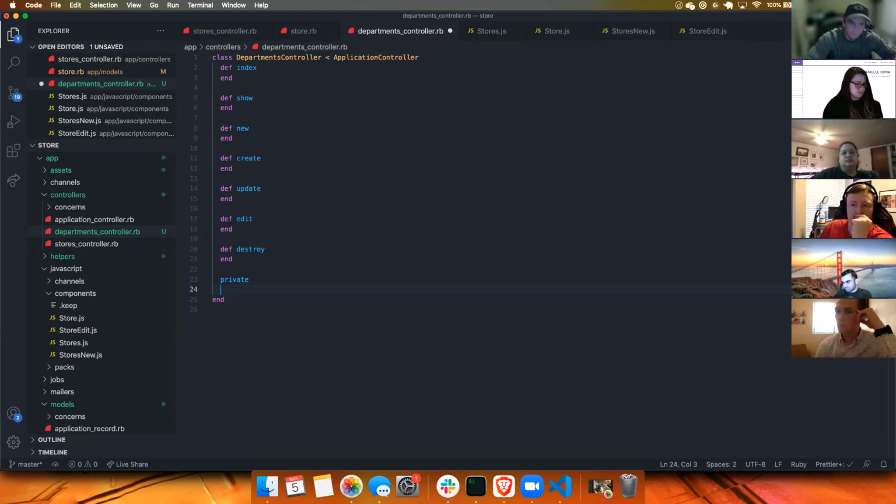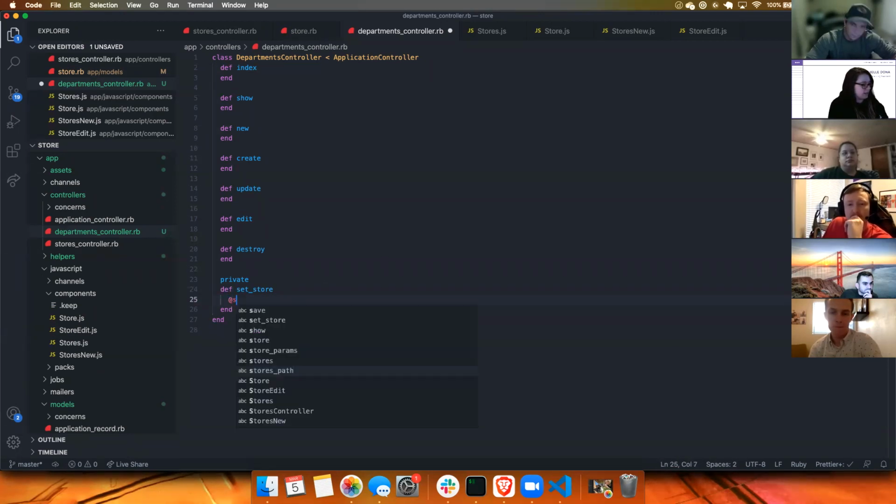Since this is a child, it is going to require the parent's information. So we will want a set store method. That way we can give all of our methods how to find the departments. So from here, we'll have an @store equals